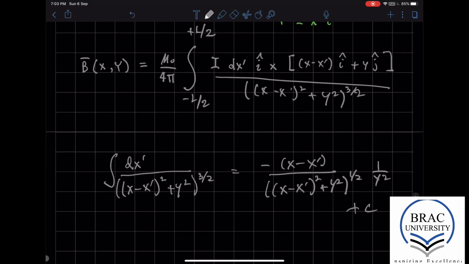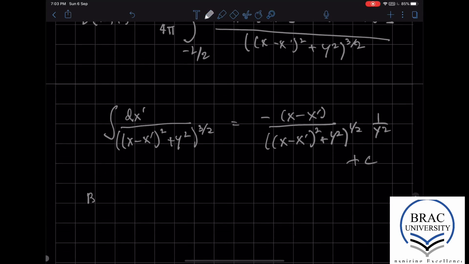So if you plug this into this formula, of course we can factor out I because it's a constant, and we can also factor out y, because that is also going to be constant. The other thing is that we know that I cross I is 0, so the first term is not going to contribute anything. It'll be the second term which will contribute something. So what do we get? We get B xy is going to be given by mu naught I divided by